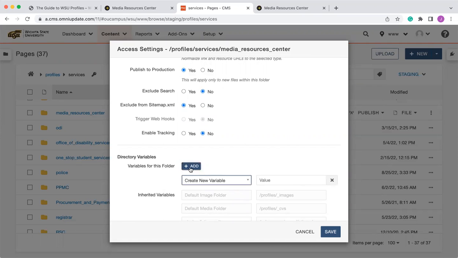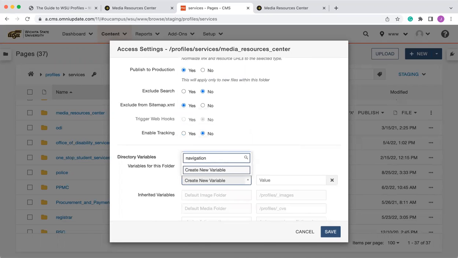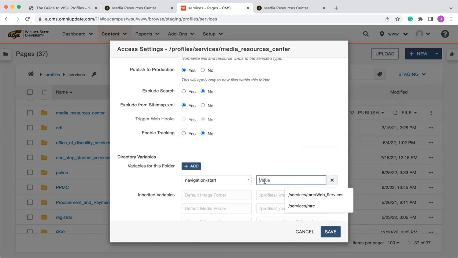I'm going to click the add button. We're going to create a new variable. I'm going to open that up. The new variable that we are going to place here is navigation-start. I'm going to click create new variable. There it is. So in the value, we're going to want to point it at the directory in which the